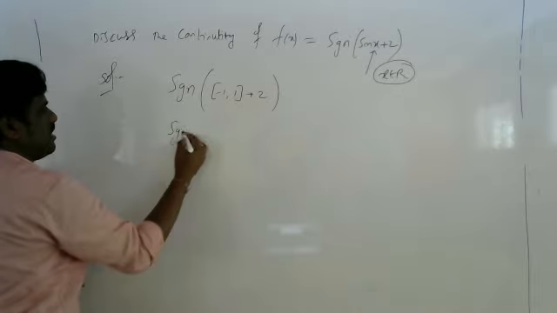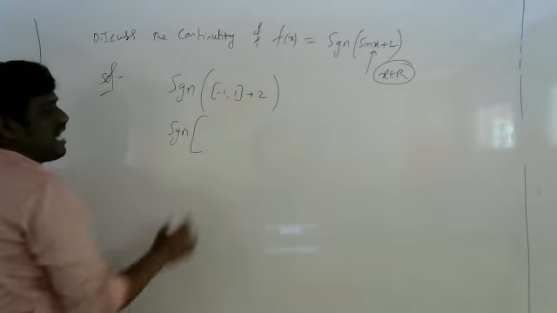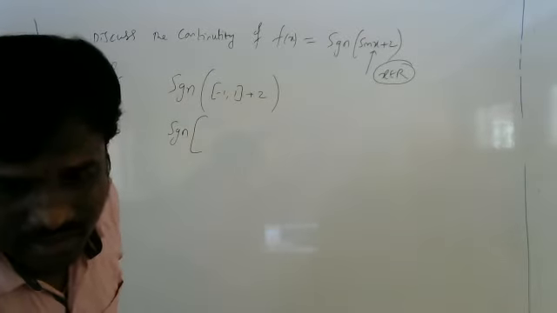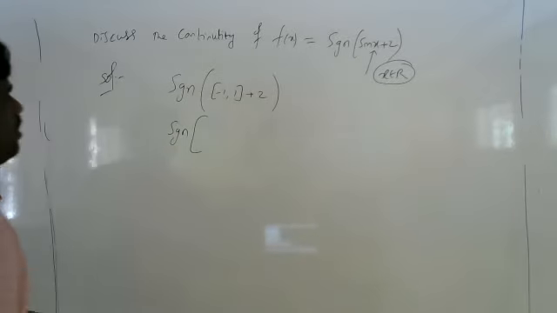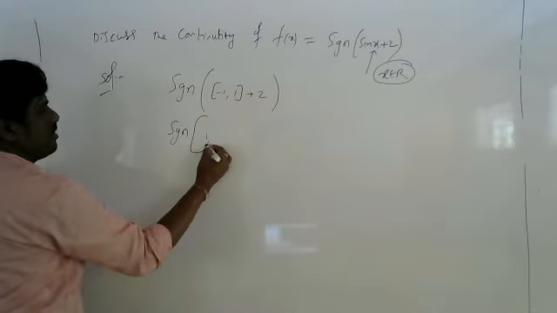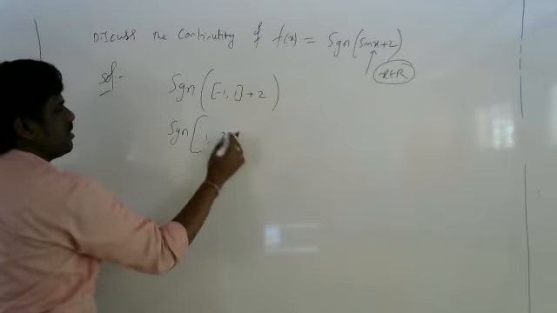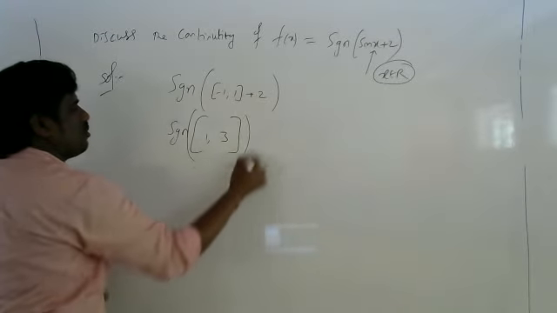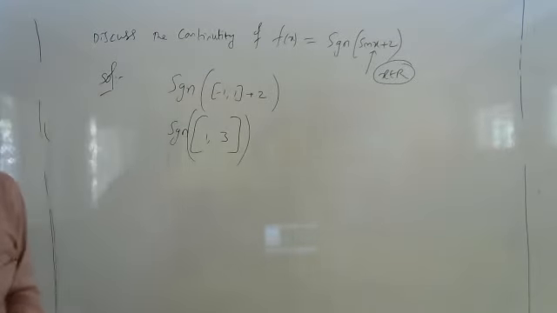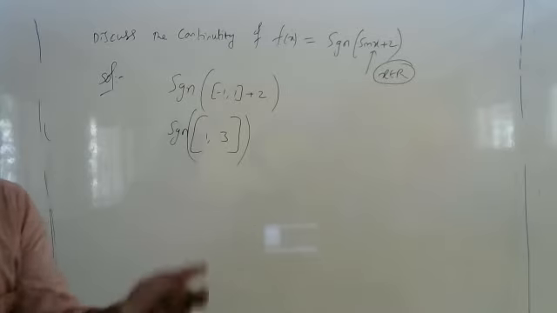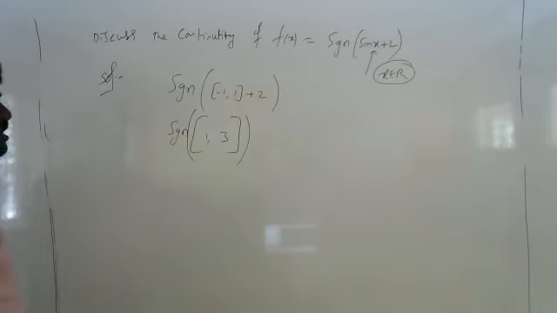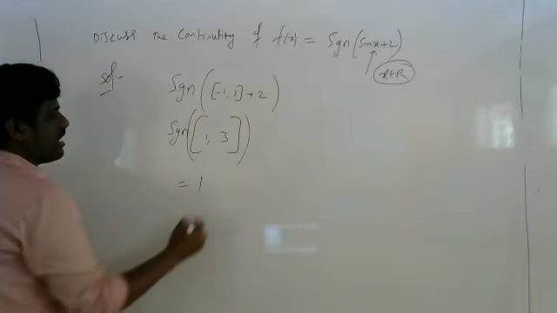From this I get signum minus, if I add inside, -1 +2 is how much? -1 +2, come on tell me fast. -1 +2, 1. 1 + 2, 3. Are you getting it? So you are going to get signum 1, 2, 3. Can you tell me signum 1, 2, 3 value is how much? Signum greater than 0. 1. Yes, Purva, correct. So this value I am going to get 1.